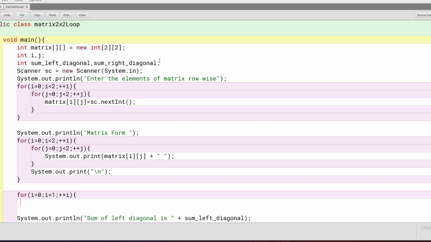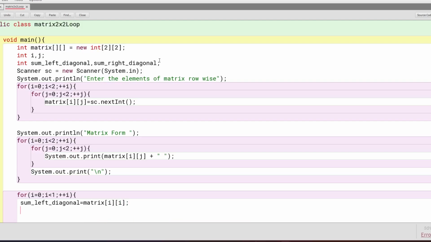Sum underscore left underscore diagonal equal to matrix[i][i], right? That will simply be equal to sum left diagonal plus matrix[i][i], right? Plus matrix[i][